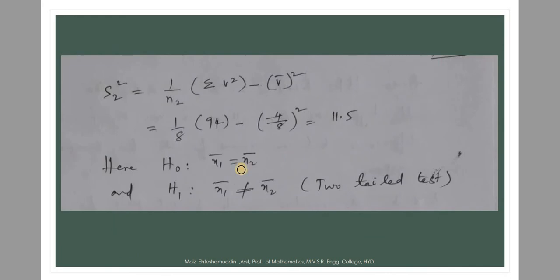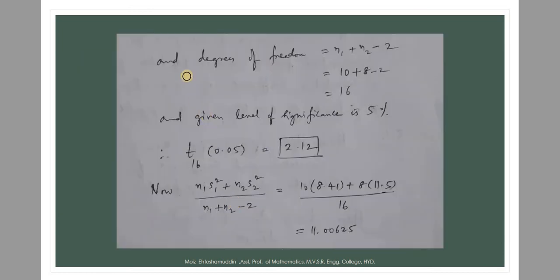That is what we are assuming. But the alternative hypothesis is that they are differing significantly. Meaning we mean to say that these two samples have two different means, their difference is significant, it is important. Okay, and the degrees of freedom are n1 plus n2 minus 2, that is 16,